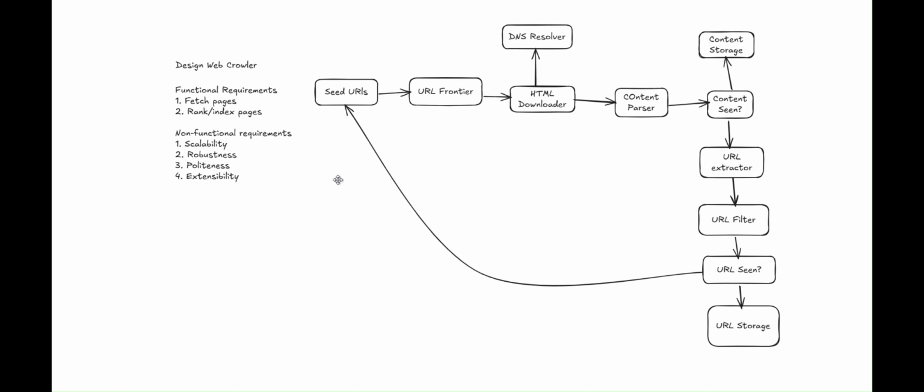So these are the main components in terms of the deep dive, and we already discussed politeness and prioritization. Now I would like to discuss extensibility. Why is extensibility important? Extensibility is important because currently we are thinking about just extracting URLs, but we